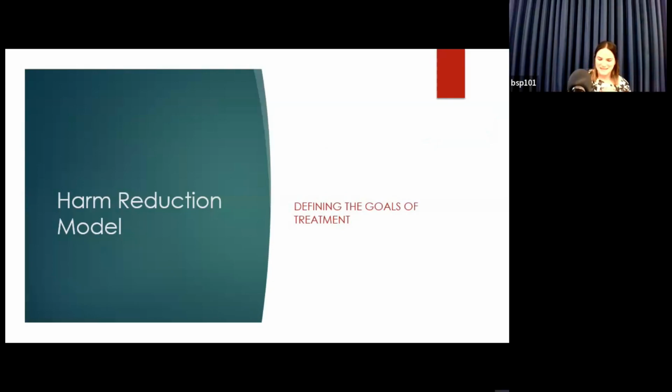Okay, so the last thing I want to talk about is the harm reduction model. Harm reduction is really a way of approaching patients that is patient-centered. If somebody comes to me with a severe alcohol use disorder and I say, you really need to go to a detox center, I do not recommend that you try to detox at home, that seems dangerous to me based on what you're telling me.